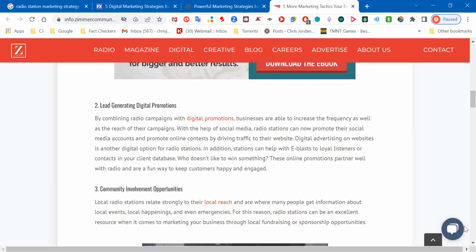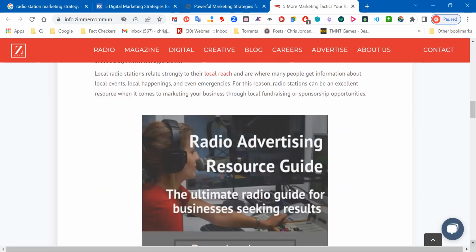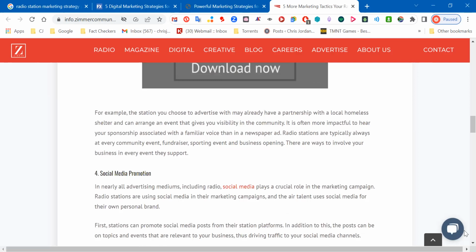Okay, community involvement opportunities. This is also always great when you can really touch your community, and they can touch you back, and not in a gross way. Local radio stations will relate strongly to their local reach. When you are having cancer-thons, where you're part of the hair donations, whatever it is, or there's a lot of things with the SPCA, where you bring on your own pets, or you come and adopt some new pets, it's a nice way to have them have a nice day out as well.